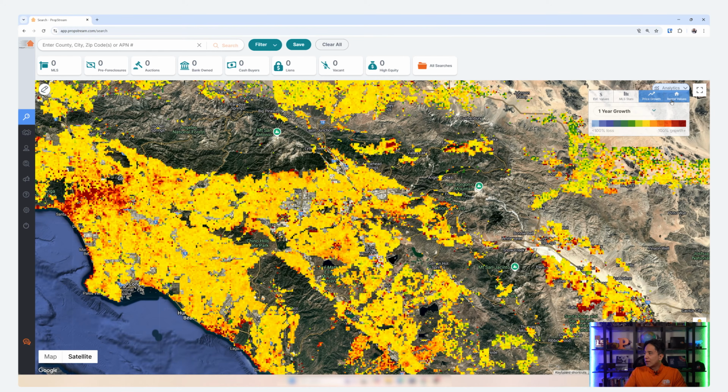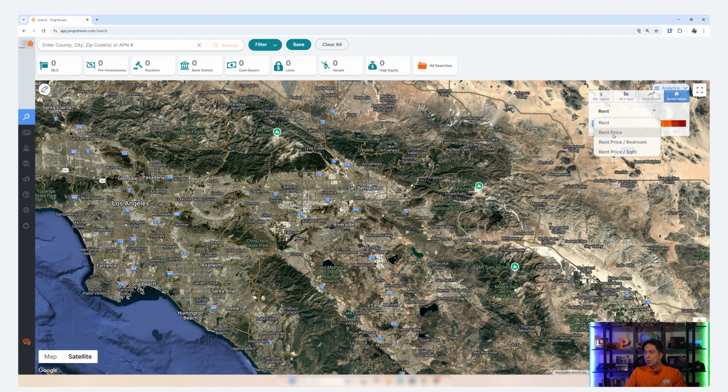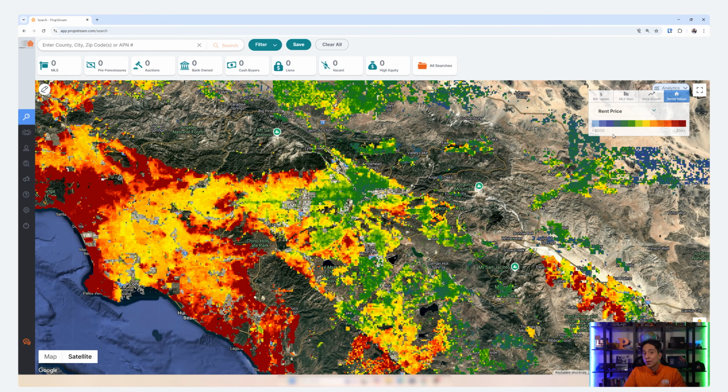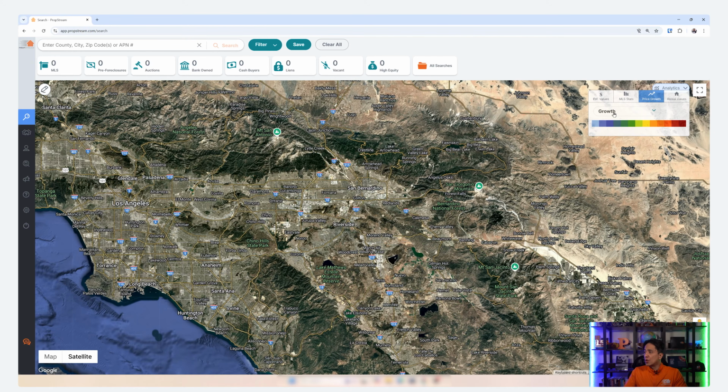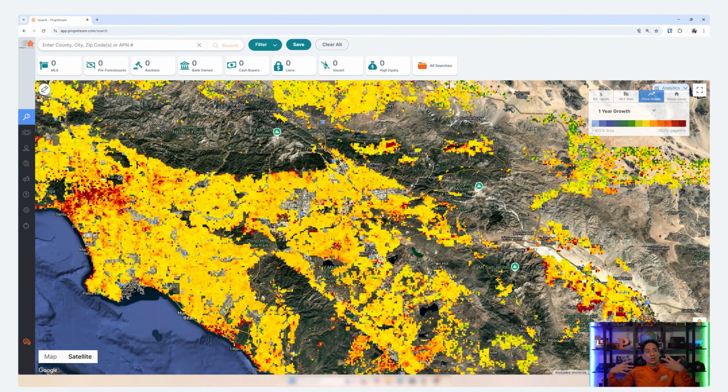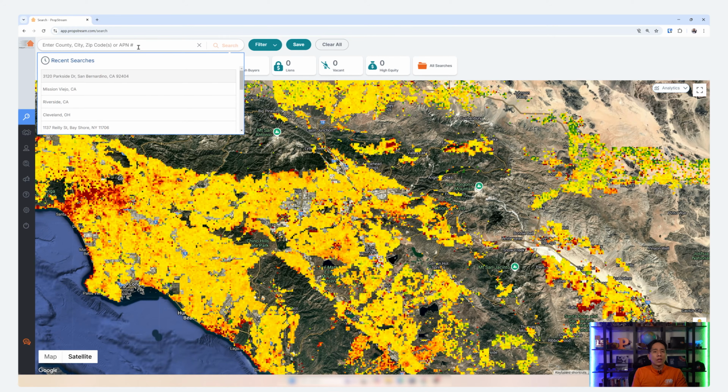And finally, rental values. So if you wanted to see rental prices, you also have that option. Now, depending on the category that you select, the color legend will change, and so the values and colors will reflect based on the option that you've selected. So you can do things like show me how this area has grown over a period of a year, and then apply your county, your city, your zip code, or